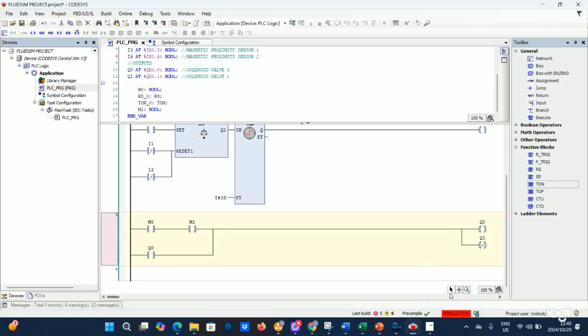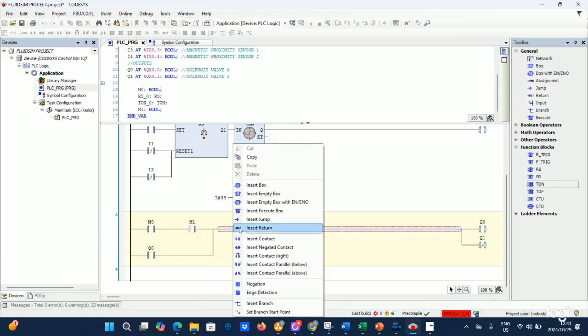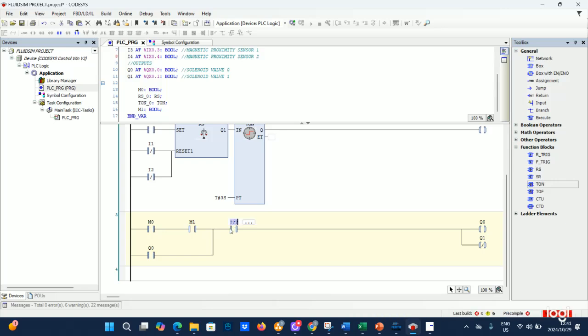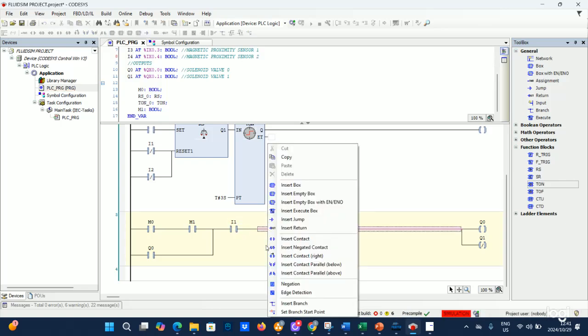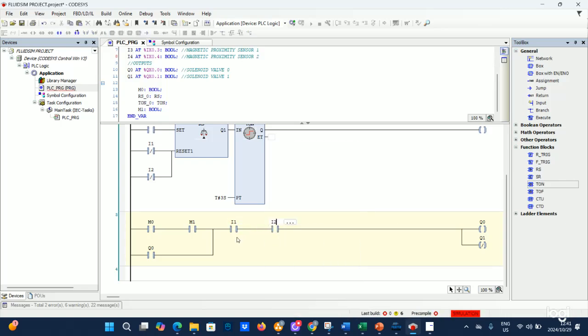And then after you are done, you have to now add your start and stop, right? So you insert your stop, which is your I1, right? And then you also insert your I2, right? And then now,